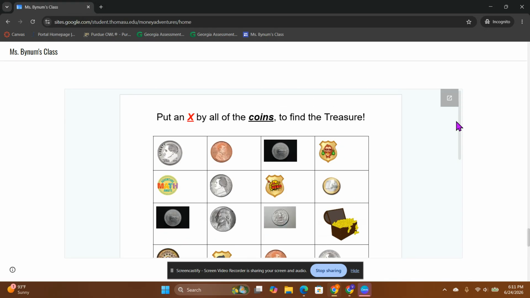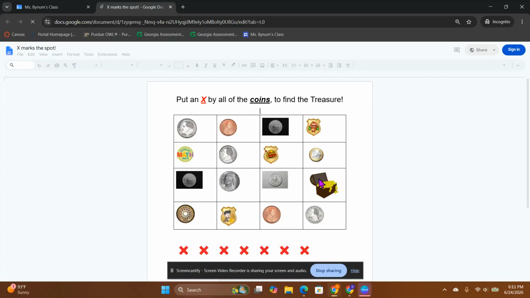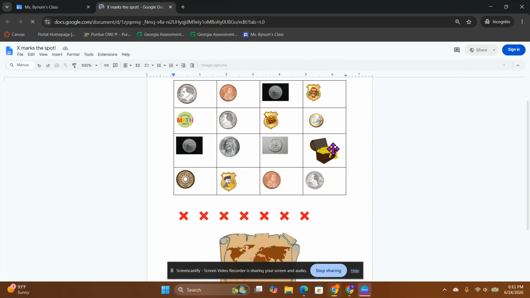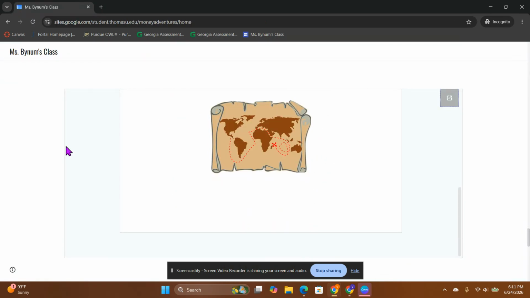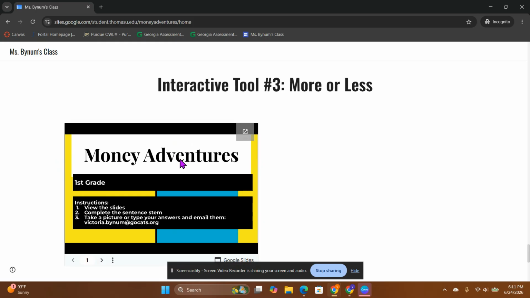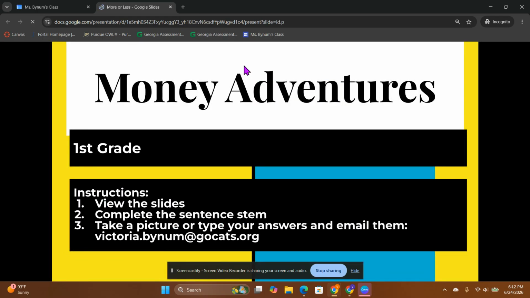That's just a cute little identifier thing where they put an X on it, and the coins make a path to the treasure map. So again, the instructions for them are to make a copy and drag the X's to the coins until they get to the treasure box. What I got ahead of myself saying was these last two tools, where they are working specifically on more or less, and